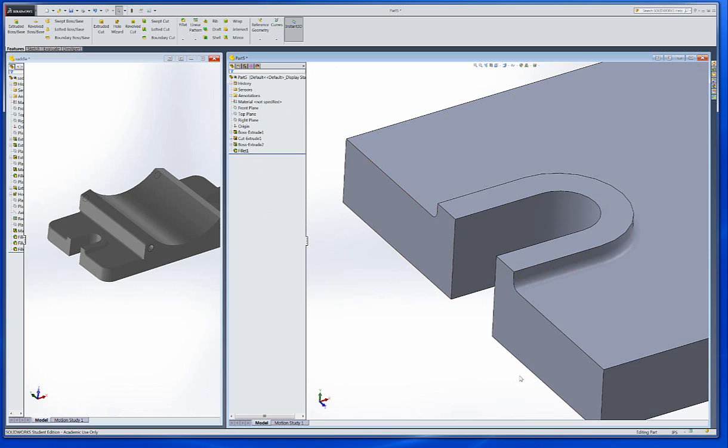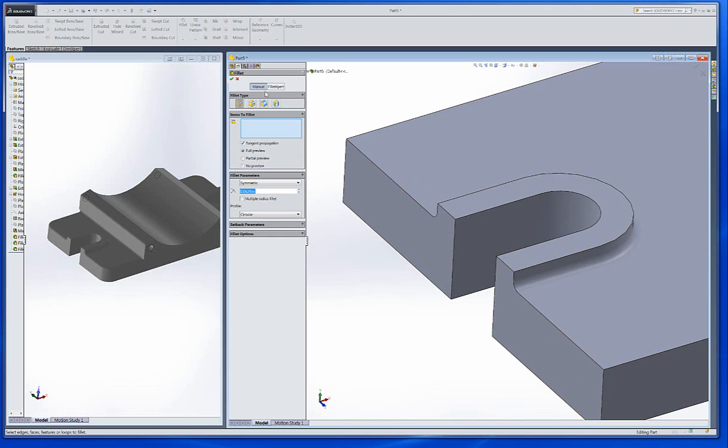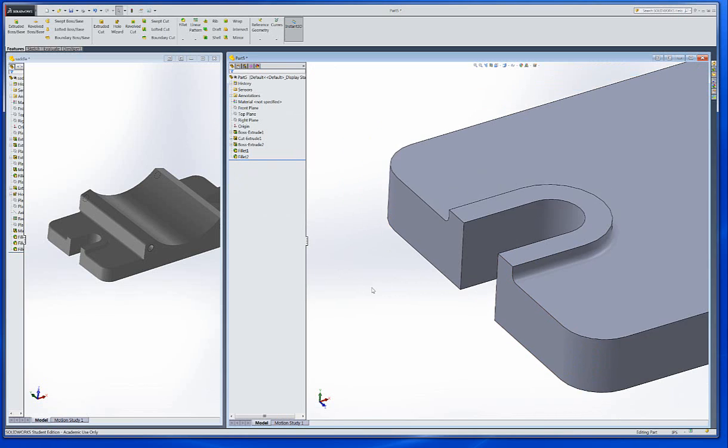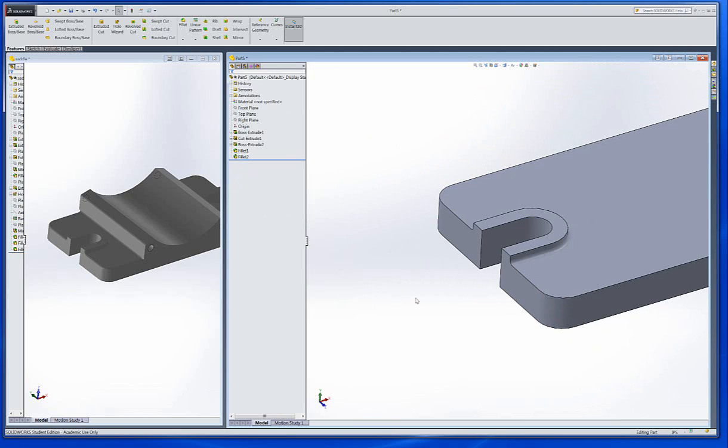Then we also have these corners that need to be filleted, and I believe the radius on those is 0.38. We'll go back up here and pick this, and all we need is the line that it's going to follow. So that sets up the vector, and we'll accept that, and we're done. Now then, what we probably ought to do